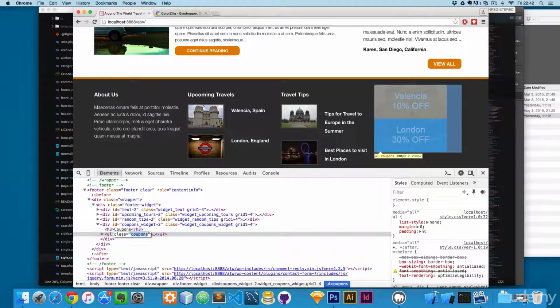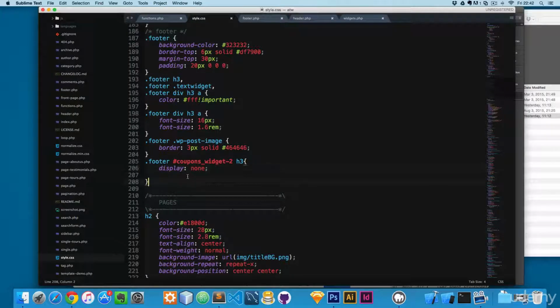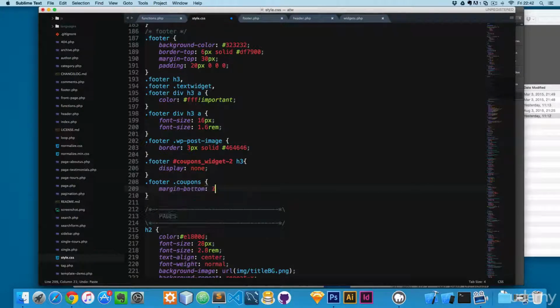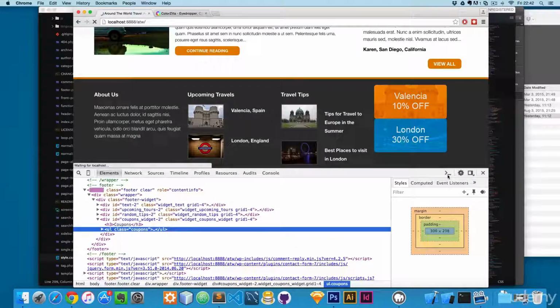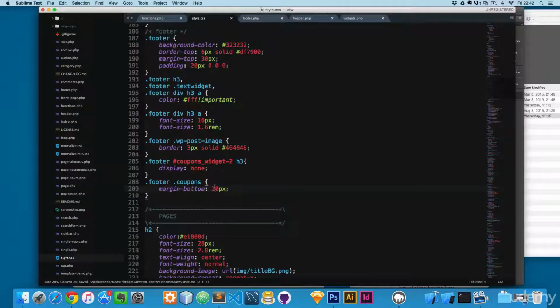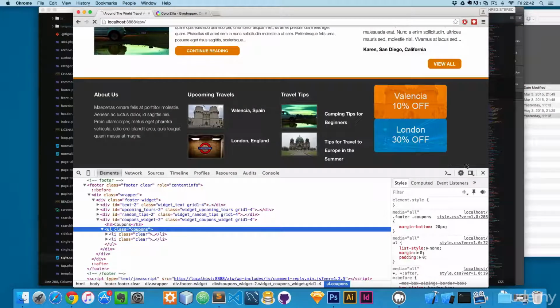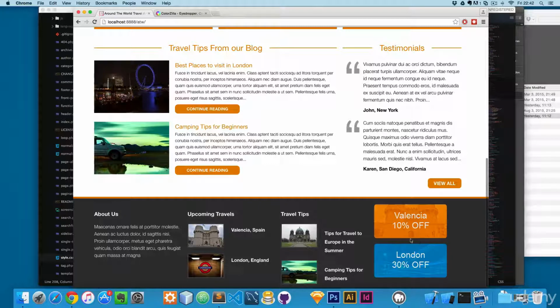Here we have this unordered list. Let's add something like footer, unordered list. Margin bottom 20 pixels, li. So we have something like this,